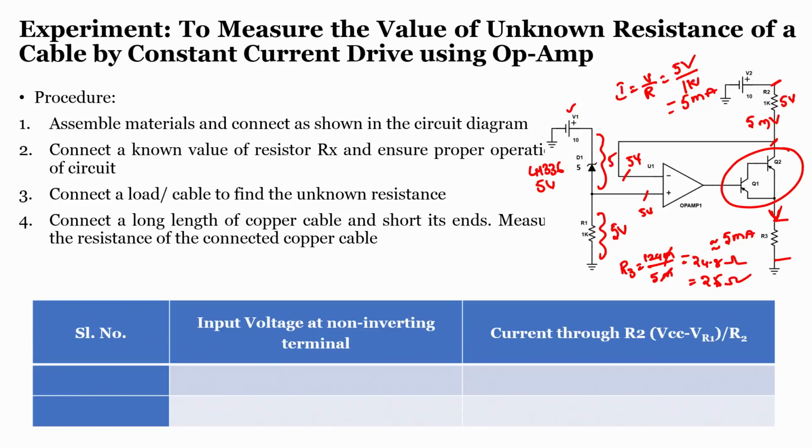So, by using such driving circuits, such systems, we can even find out an unknown resistance value. The only thing is that it forces the current flowing through the system to always be constant. That is because of the negative feedback connected to the operational amplifier, and because the Zener diode is connected in a reverse biased condition, you can fix your reference value. As a result, the current flowing will always be fixed, and the speciality of the LM336 is that you can even adjust your reference values too, right. I hope this complete experiment is clear to you. Thank you.